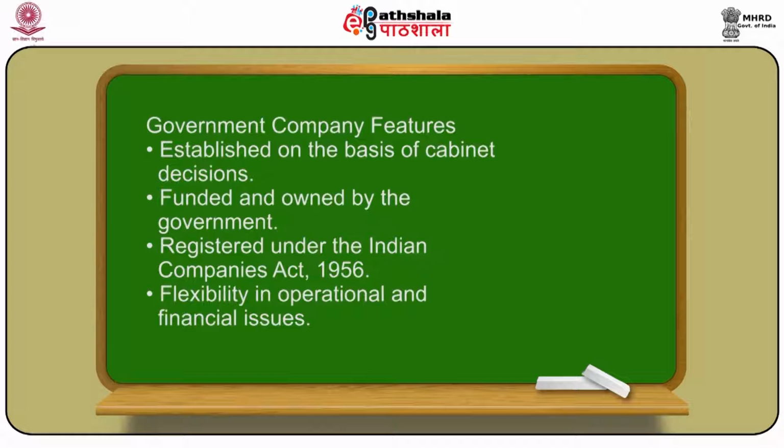So this is the reason why the government has exploited this clause and helped in the establishment of many government companies, and many government companies have been established with the same role, meeting the societal obligations and also ensuring profitability. But all said and done, it has been found that these government companies could not make much of a dent in the area of their operational freedom and operational excellence. So what are the features of these? The features are, as I stated earlier, the cabinet decision is essential for the establishment of a government company, and parliament approval or legislative approval is not required.